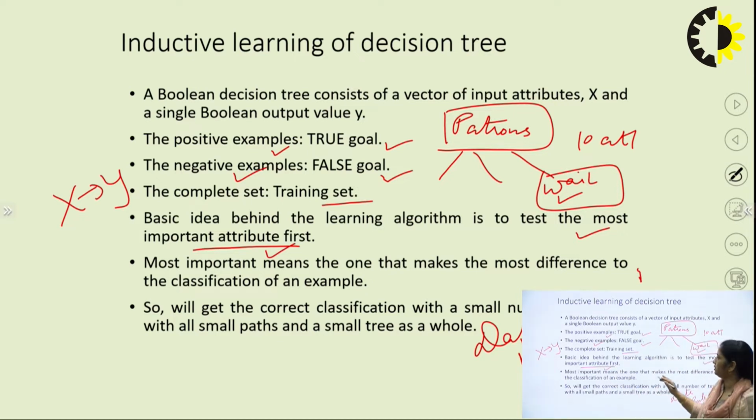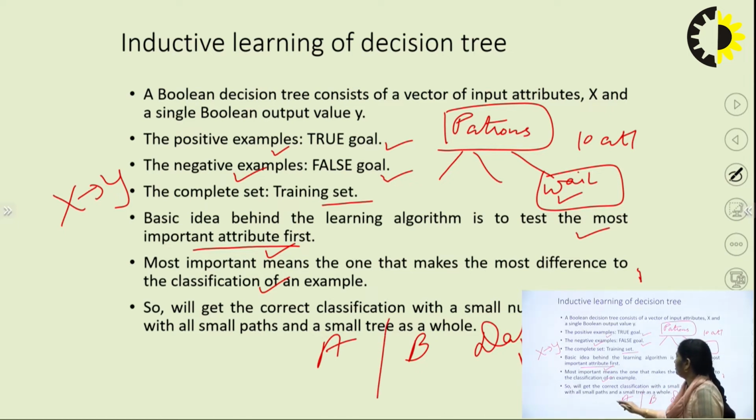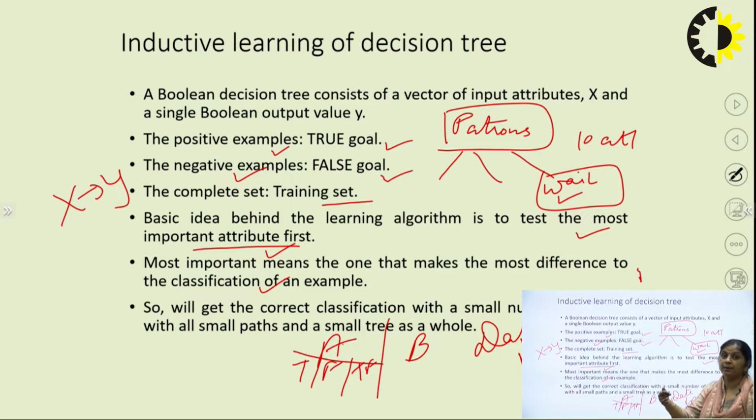The most important attribute is the one that makes the most difference to the classification of an example. It means we have two attributes, let me say attribute A and attribute B. I have a few examples that are positive for this and a few negative, that is false, and a few can be both true or false, depending on the particular attribute. The final goal is either always true, or always false, or